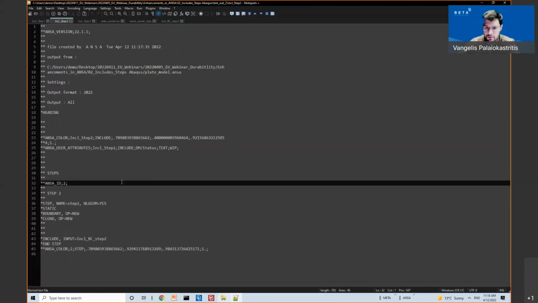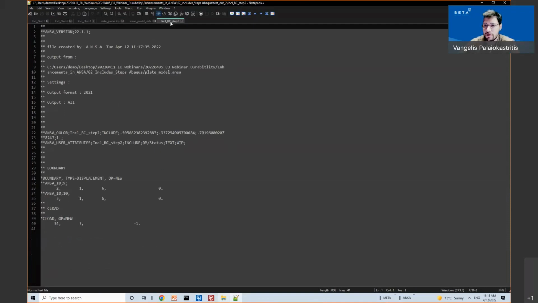For the step 2, I have the step definition inside this include, and I have also an include reference to the BCs of this step 2. So if I go here, I can see that this include contains the boundary and the C load of the step 2.